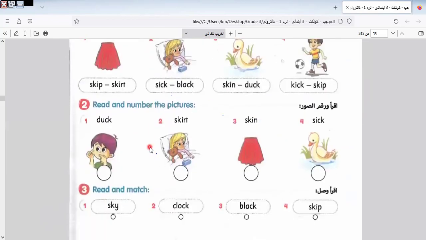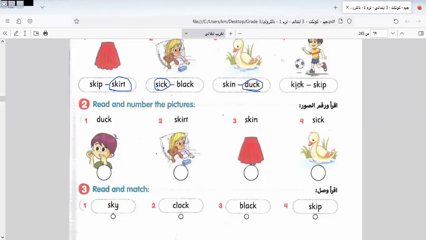This is the practice on Unit 4. Let's answer together. Here we have, what is this? It's a skirt. I answer this one. This girl is thick. She's thick. Duck. Here is kick. Okay. I will leave the next question to do by yourself. It's the same as the one I answered. I will leave another one to do by yourself.